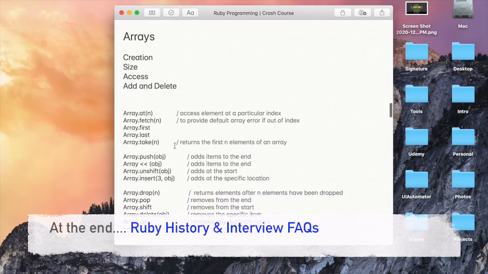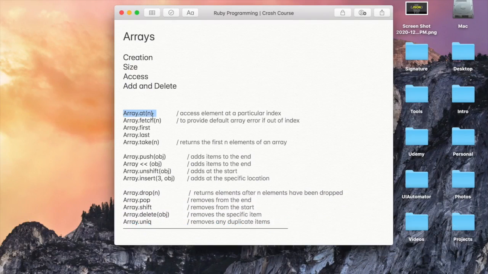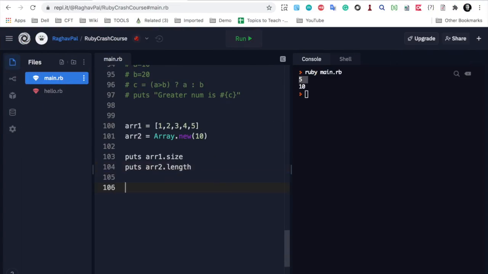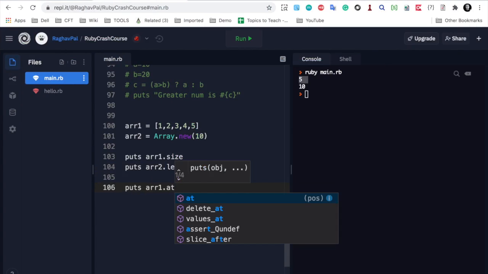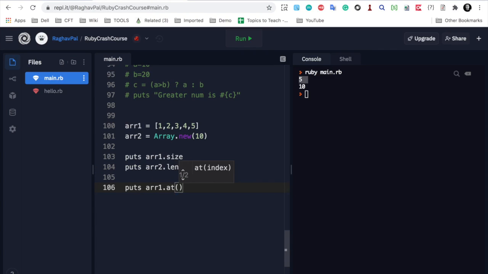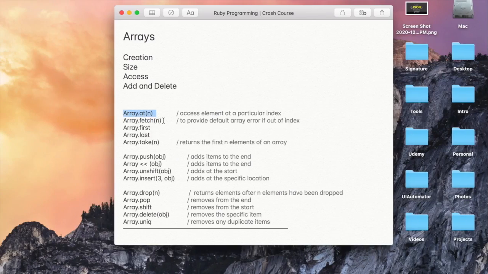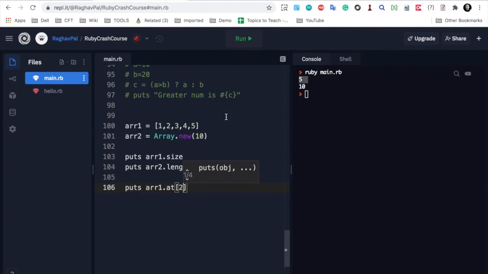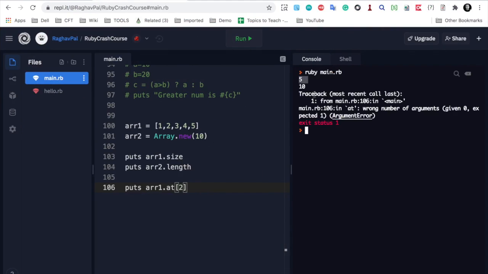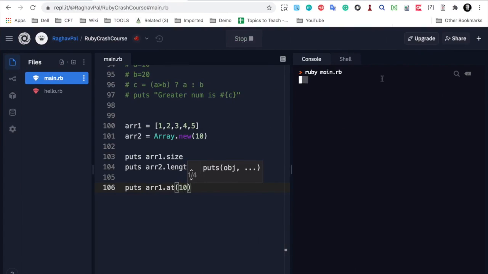Now we have all these functions. I can access an element at a particular index using the .at function. So I can say puts array1.at, and then in the brackets I can say what index I want, let us say 2, and if I run this, you can see there is some issue. Let me very quickly check, and I have to use a circular bracket and not a square bracket. I will run this, sorry for that, and let me check again, and it is saying empty